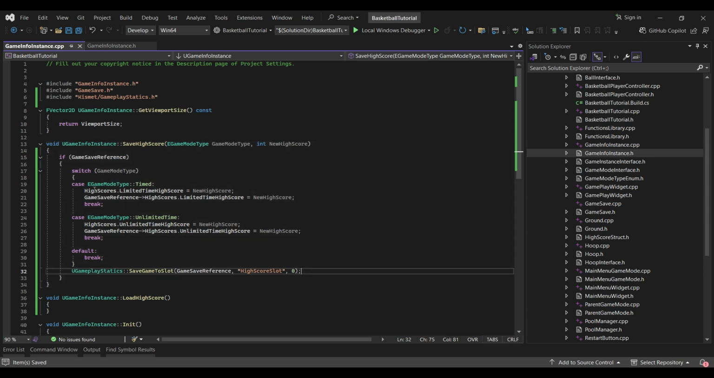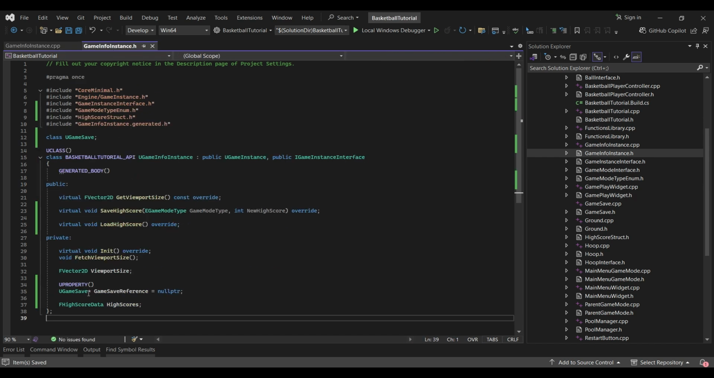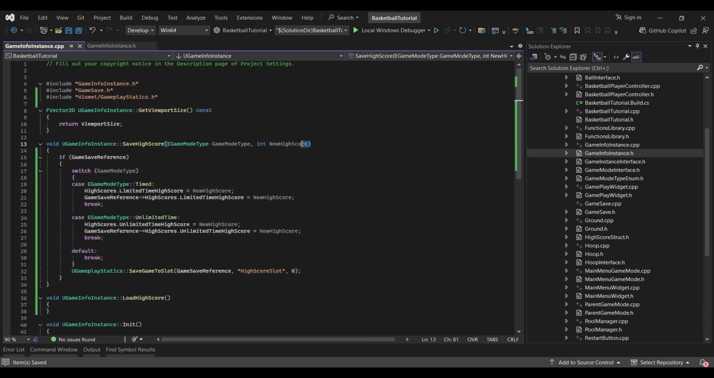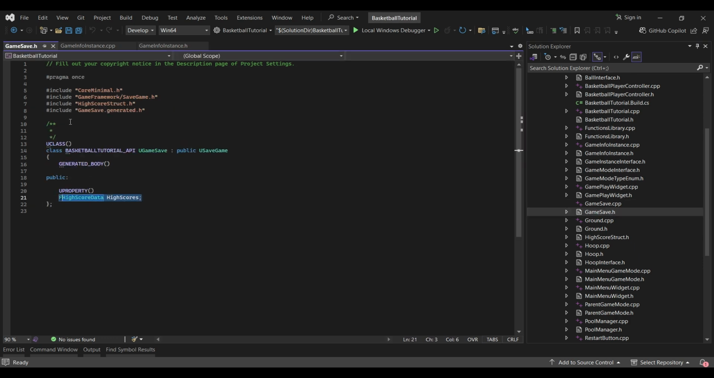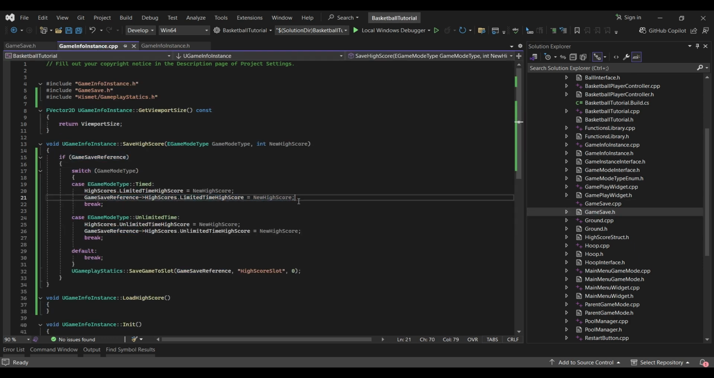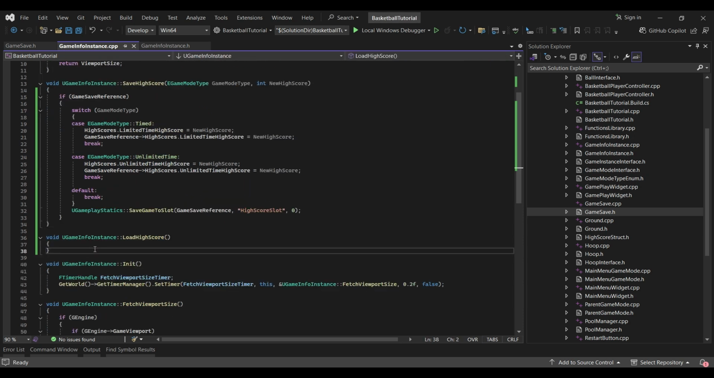So what's happening here? If the game is timed, we set the time high score inside of this struct to be equal to the new high score, and we set this also here, and we break. And if it's unlimited, we do the same thing, and then we save the game to slot. Now, when we load,